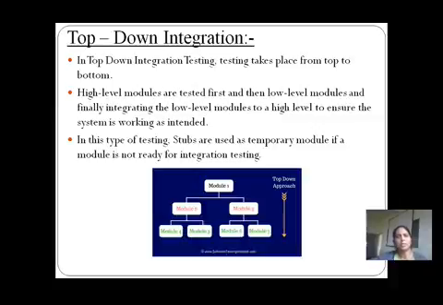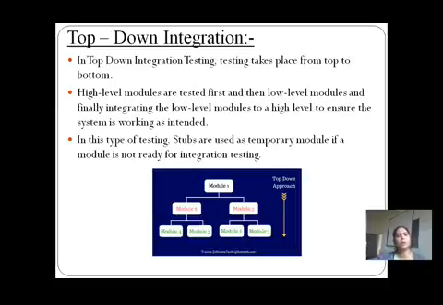So in top down integration, the higher level module means the top level module, which is the module as an entity. For example, the sales module is an entity and the purchase module is an entity. This whole module will be tested first, and then the middle level modules. The middle level modules means what? The main top module is created using different sub level modules, which are the low level modules, and finally the middle level modules are integrated with the low level modules.